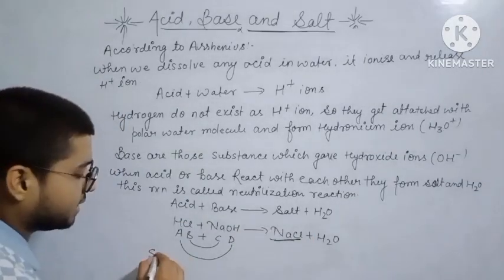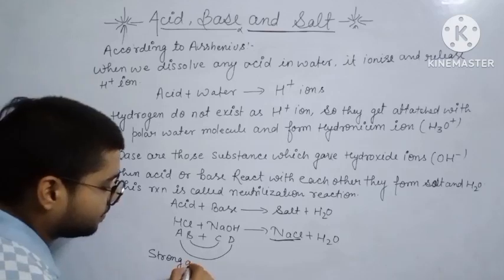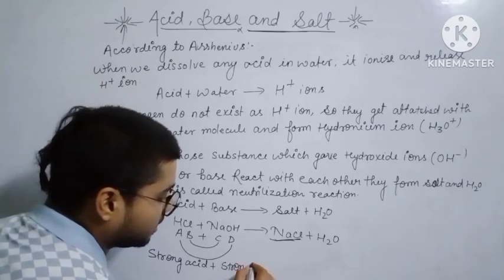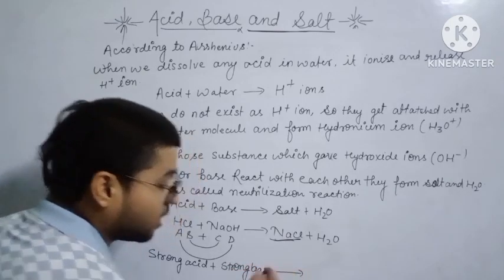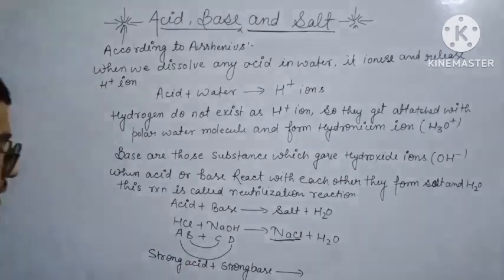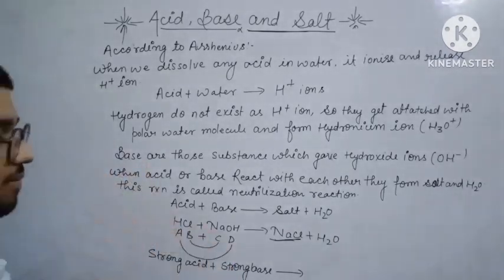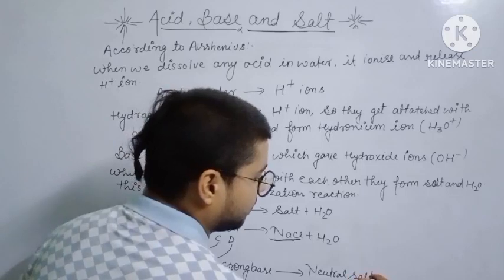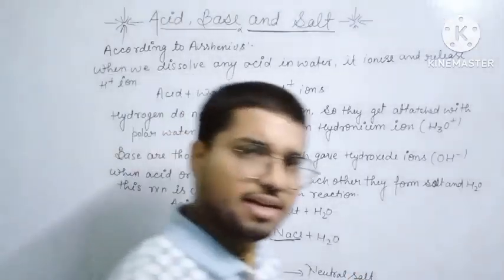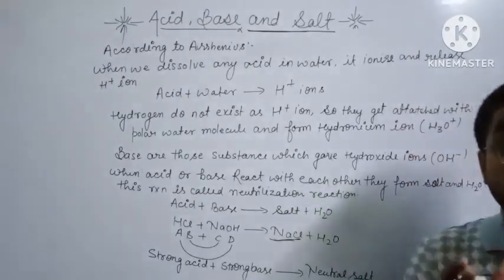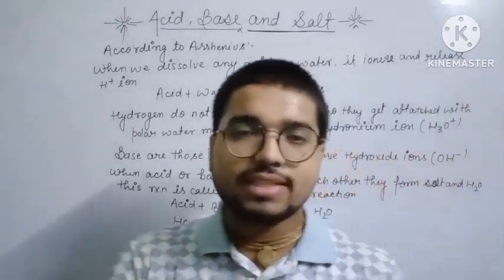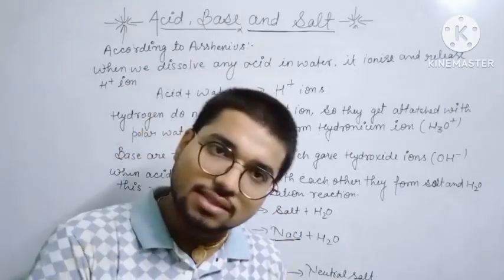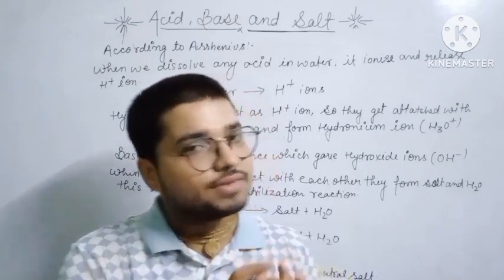When strong acid plus strong base. When the acid is strong and the base is also strong, then they give neutral salt. Now, what are strong acid and strong base? Strong acids are those acids which completely dissociate into their ions in aqueous solution, known as strong acids, and those acids which do not completely dissociate